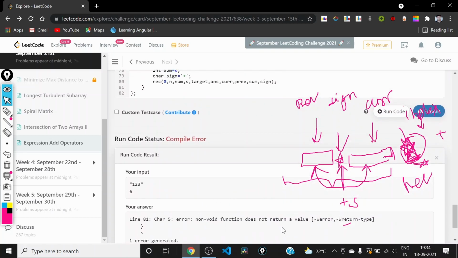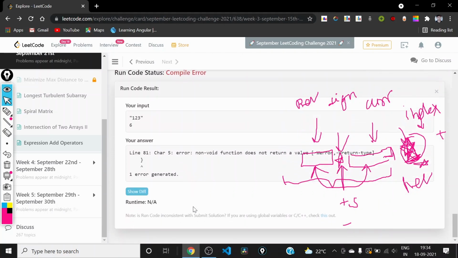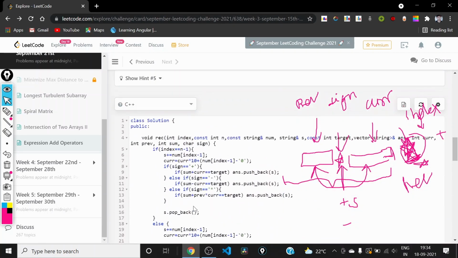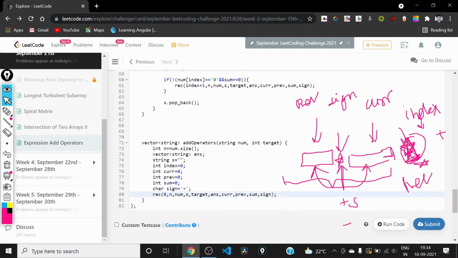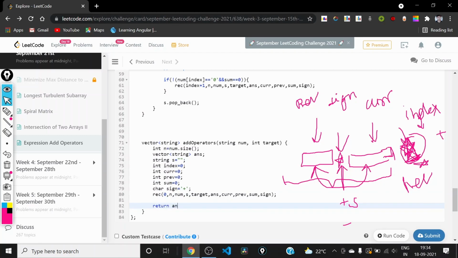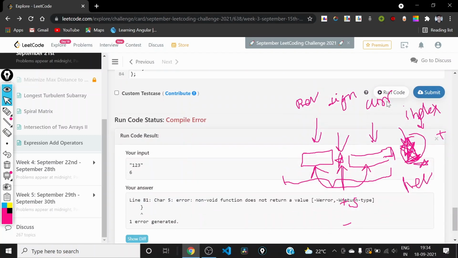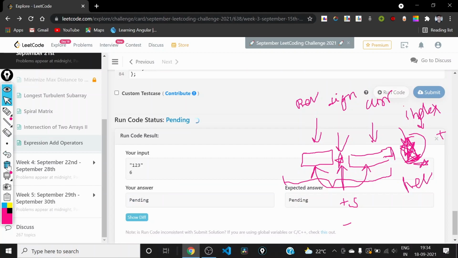The error says non-void function does not return a value. So we call this function, and now we need to return the answer vector. Now we need to run this.